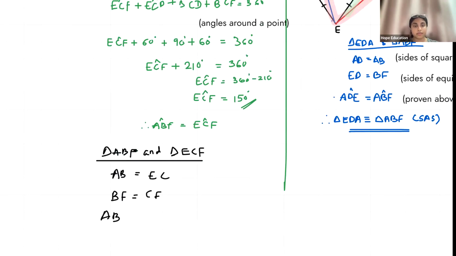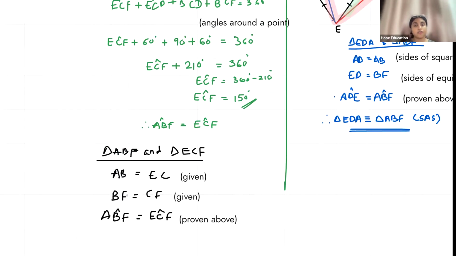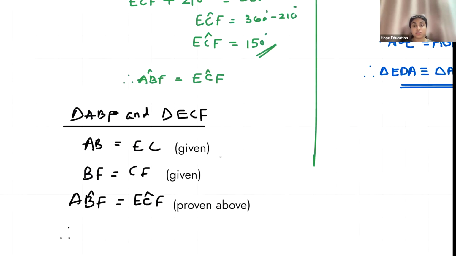We'll write the reasons, but then you can just write given. Here also you can write given. Here you can write proven above. Therefore, triangle A, I'm sorry, my handwriting is not that good. Okay. Therefore, triangle ABF is congruent to triangle